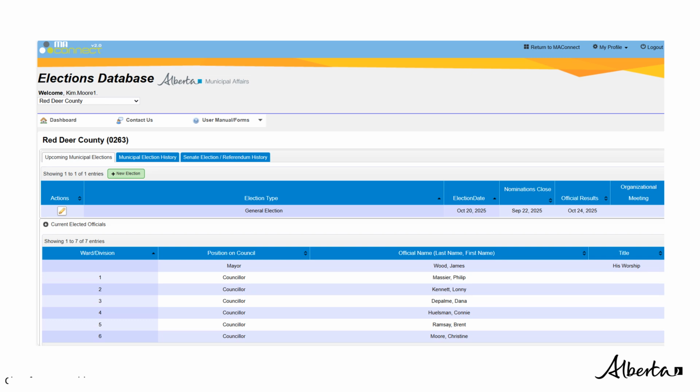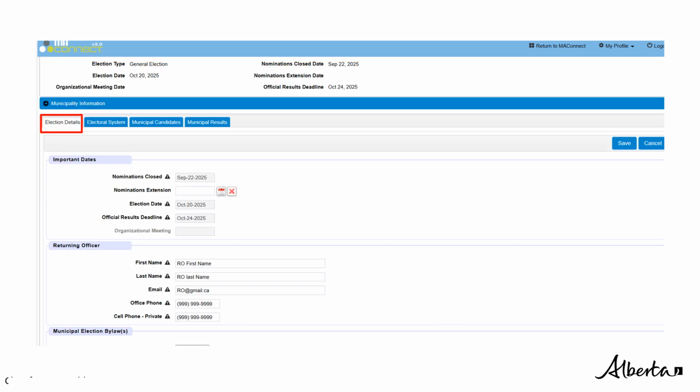Now let's review data entry with a municipality that has wards. For this example, I chose Red Deer County. This municipality has 6 wards. The mayor is elected at large. To add your list of candidates, you would push the edit or pencil icon. You are again redirected to your elections details screen. Click the